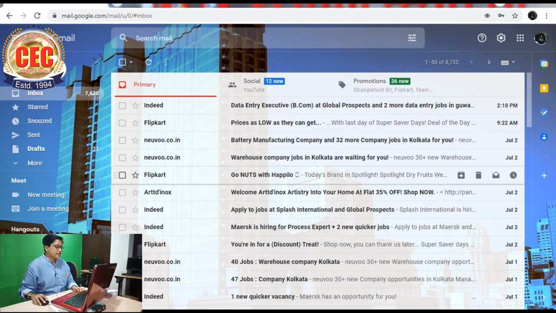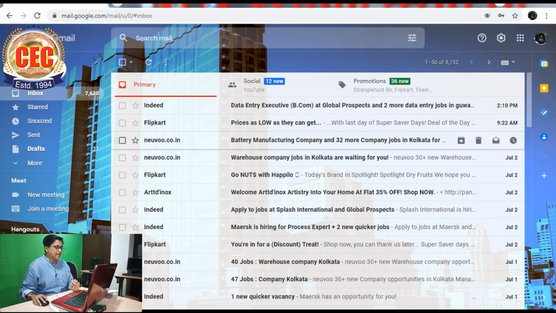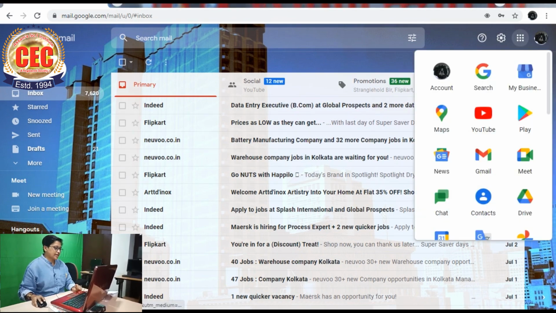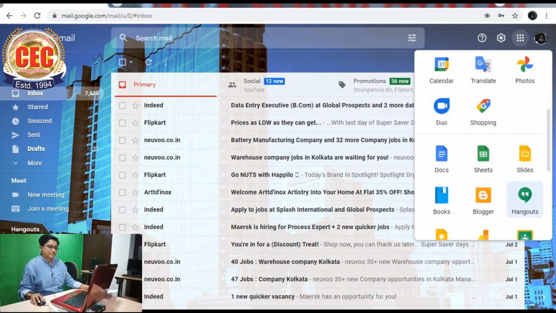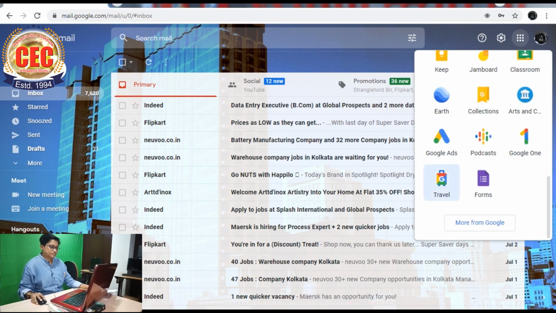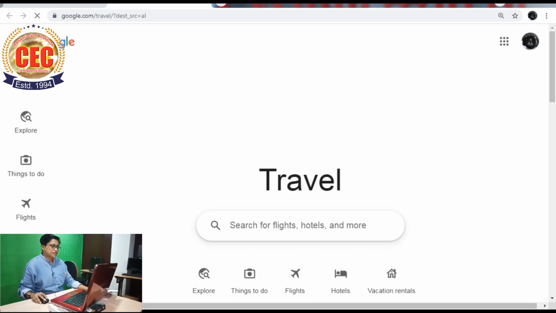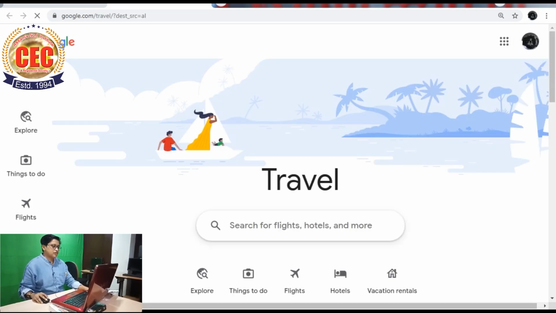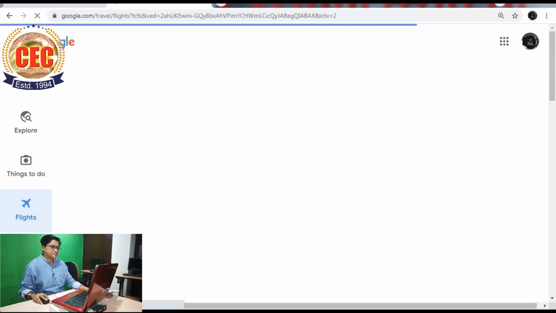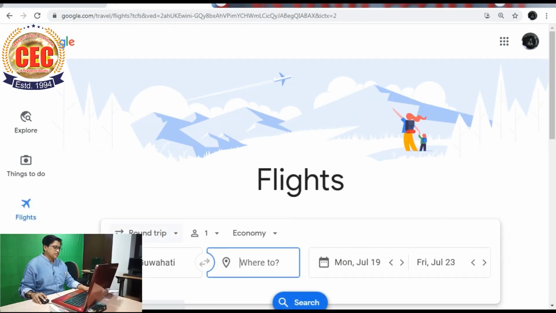First, you have to create a Gmail account. Then go to Google Drive and select Google Travel. Next, click on Google Flights. Then set your destination and date.